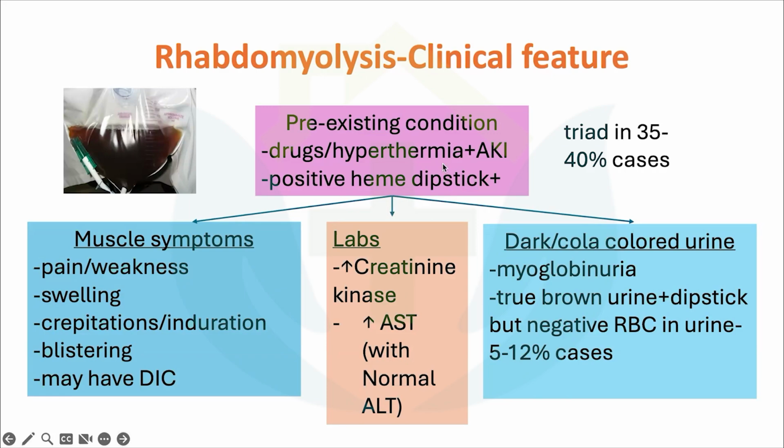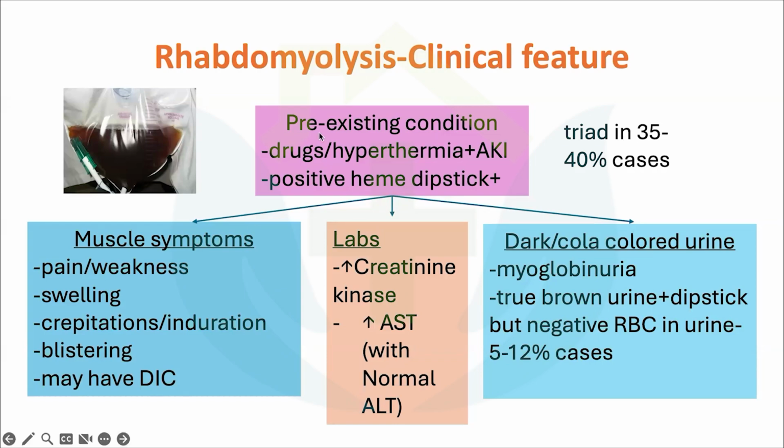injury. And remember that AKI, here we see that the AKI is very drastic. I mean, AKI developing within a few hours or probably less than 24 hours, and progressing from stage 1 to stage 3 very rapidly. Along with that, if you do a dipstick of the urine, it is falsely positive for heme pigment. So it is showing that hematuria is there, but once we look at the urine microscopic analysis, we don't see any RBCs. So positive heme dipstick in the urine, but lack of RBCs in the urine point towards a